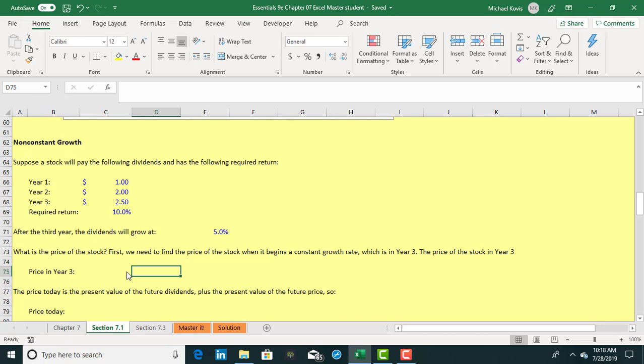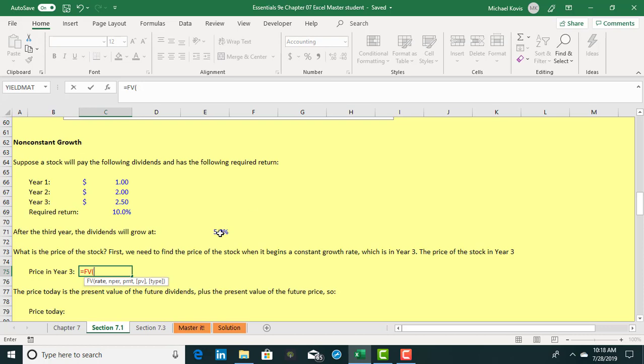It's going to be 1 for this because we need to figure out year 3, so we need year 4's dividend. I have no PMT, and my year 3 dividend going into year 4 is $2.50. So that will give me my next year's dividend, year 4,